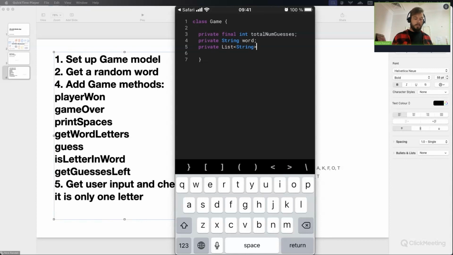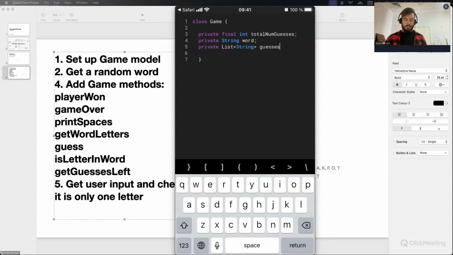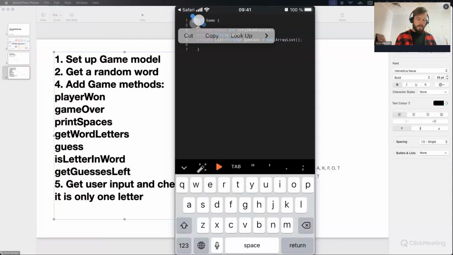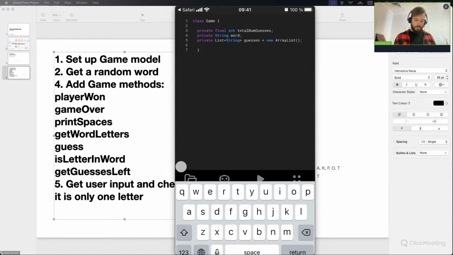And I'm going to call this guesses. All right, so this is just going to be a list of letters. And I'll go ahead and just initialize that variable. Okay, so cool. So much for writing. All right, now let's see if the AI can help us out here in filling in some of the details. Let's say we want,